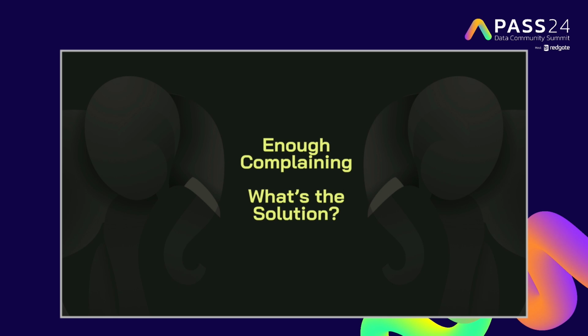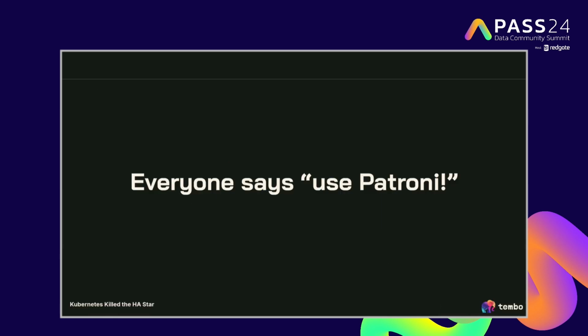So that's the intro. How do I fix this? The common refrain you've probably heard, at least recently, is just use Patroni, right? And I believe this too. It's the best HA tool around right now for Postgres. repmgr kind of got us there, and then EFM from EnterpriseDB was another intermediate step. But Patroni has built-in quorum. It has built-in fencing. It has all the cool stuff in there, right? Okay, let's set it up.